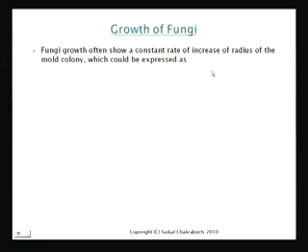For example, the question I gave you in the test was about the growth of a tumor, and a tumor also grows like a mold. So it grows together as a colony, and therefore this shows a constant rate of increase of the radius. Anything that grows as a mold or a colony shows a constant rate of increase of radius. The reason being, you know why?